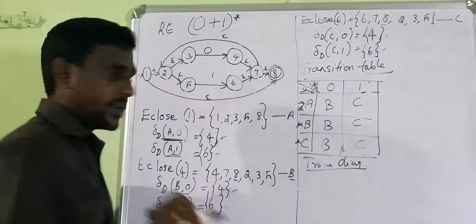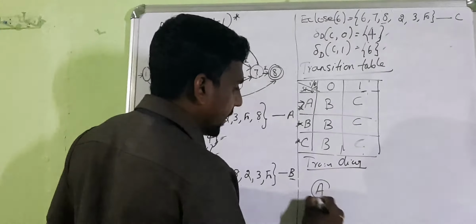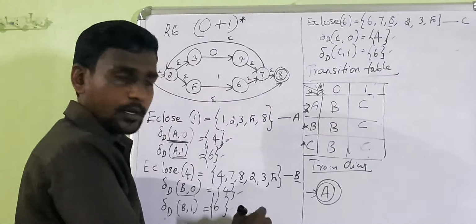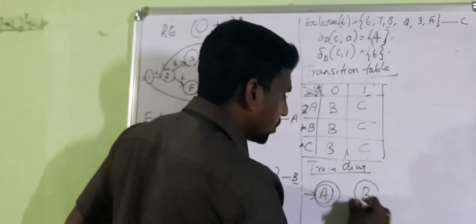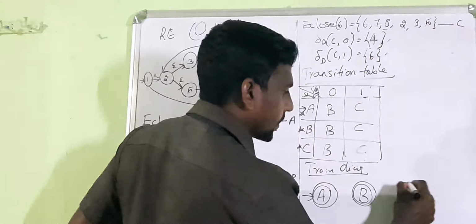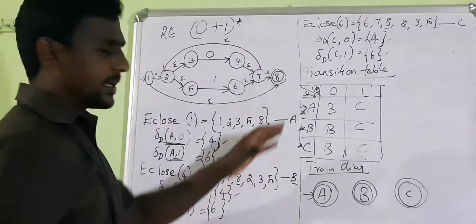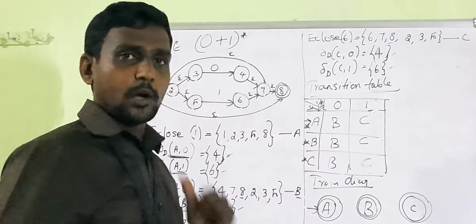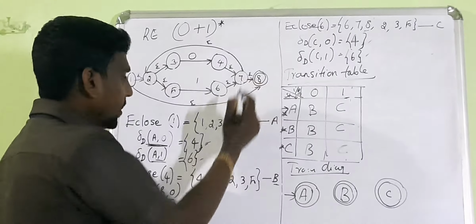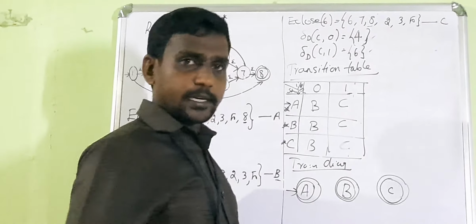And this arrow mark is very important. Star is also very important. So it denotes that I have 3 states. A, that is the starting state as well as the accepting state. You have to mark it as a double circle. And B, that is also a double circle because it is an accepting state. And C, that is also a double circle accepting state. Here 3 states are accepting states. How do I find that 3 states are accepting states? See, 8 is an accepting state in my diagram. So here 8 comes in A, here 8 comes, here also 8 comes. Wherever 8 comes, that is an accepting state.